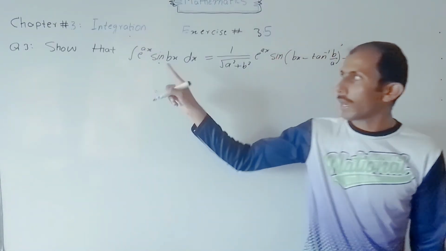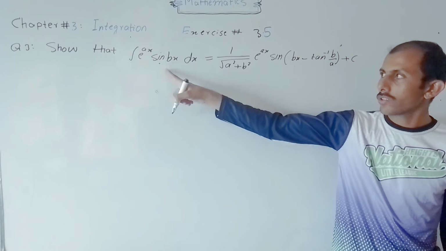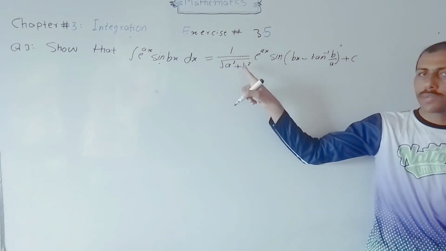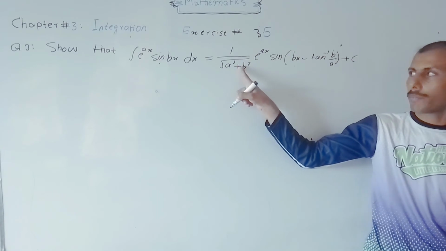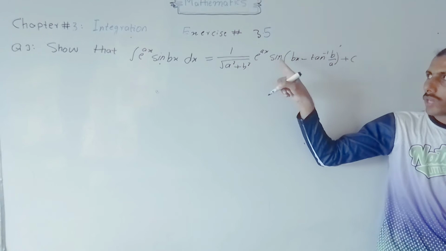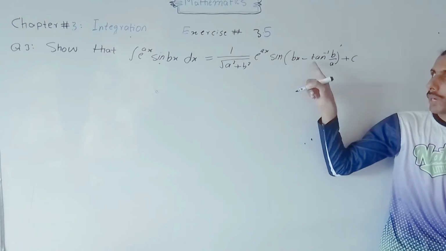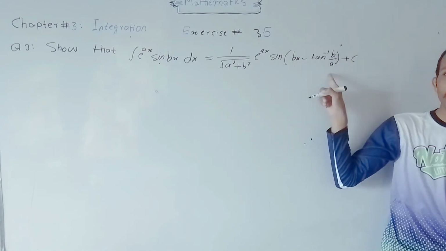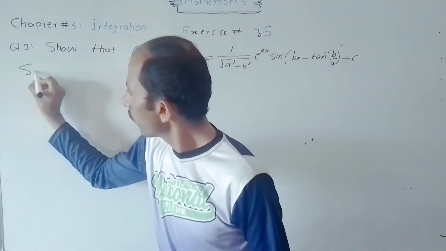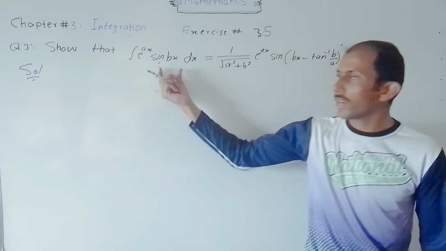Show that integral e power ax sine bx dx is equal to 1 divided by under root of a square plus b square e power ax sine of bx minus tan inverse b divided by a, plus c. So let's start. Taking left hand side,